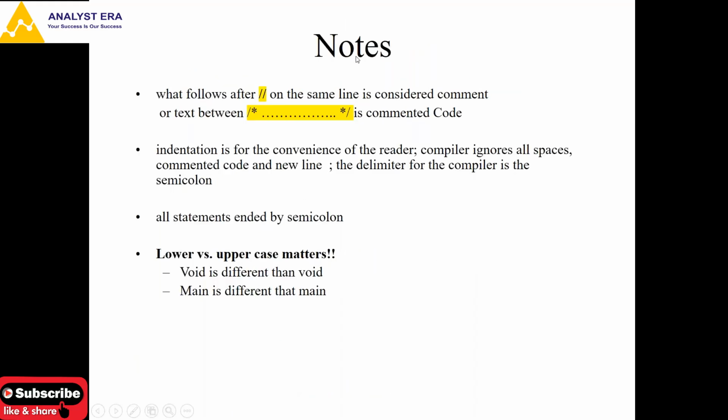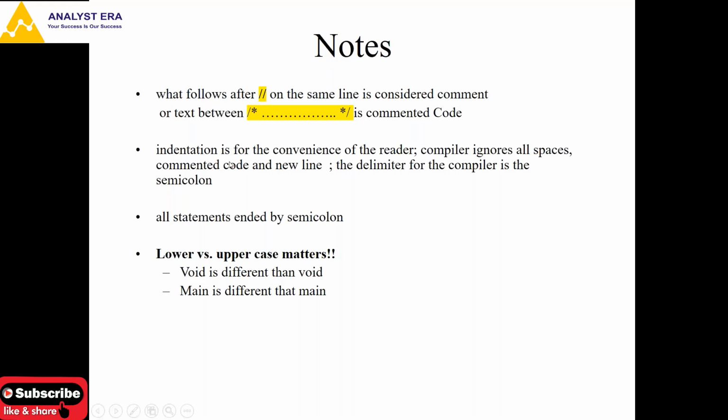So there are a few notes before proceeding to write a C++ program. If you write some new algorithm or some calculation part, then for better understanding we put some comments in the program. A comment can be put using a double slash if it is a single line comment, and if it is a multiple line comment, you can put it between slash star and star slash, with your comment in multiple lines here, so it will be commented. The compiler won't take this as code. This is just for user understanding.